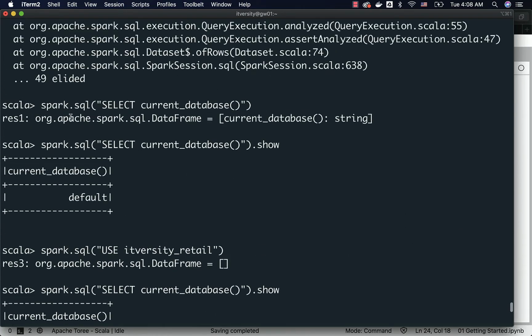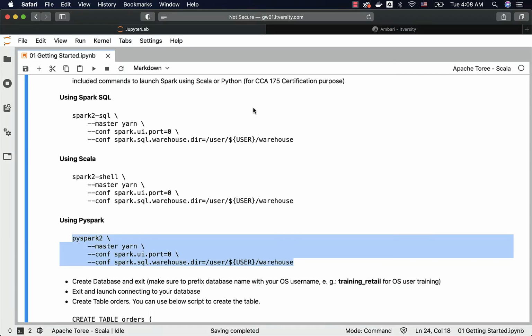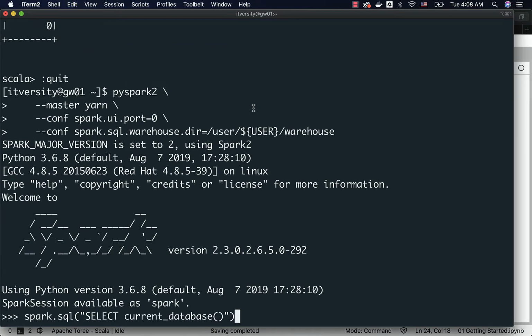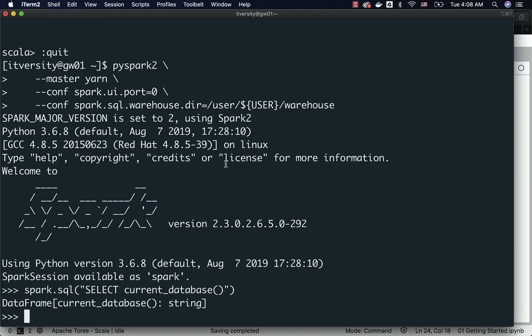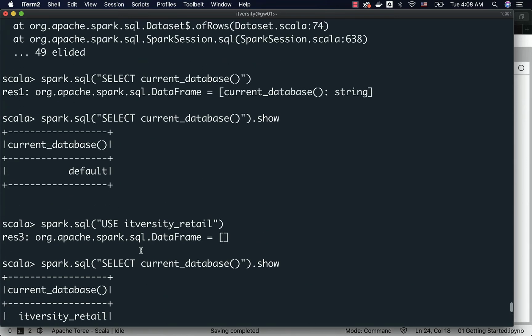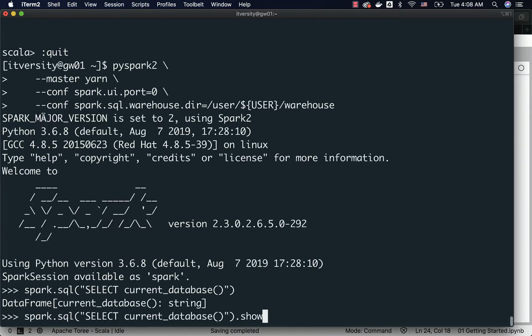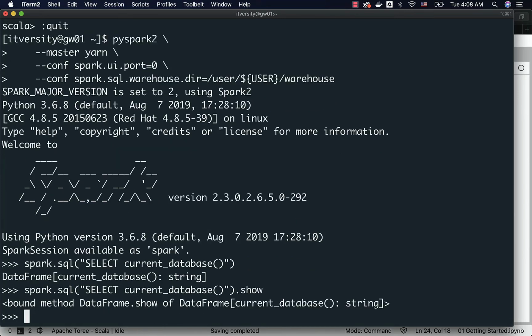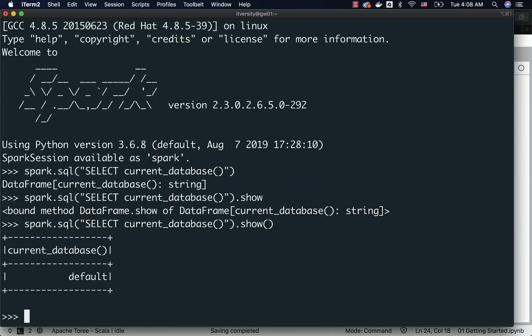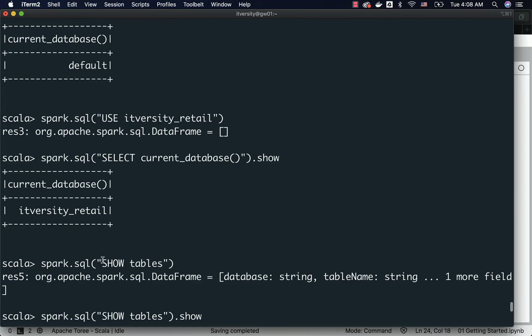Let me copy paste to demonstrate that. So spark.sql, select current database. If you paste this, it will just return the data type of the object. It is nothing but data frame. To see the results, you have to use show. If you just use show without circular brackets at the end, it will not work. It is also showing some type with respect to that method. To actually invoke the method, you have to use circular brackets like this, and then you should be able to see the database name.